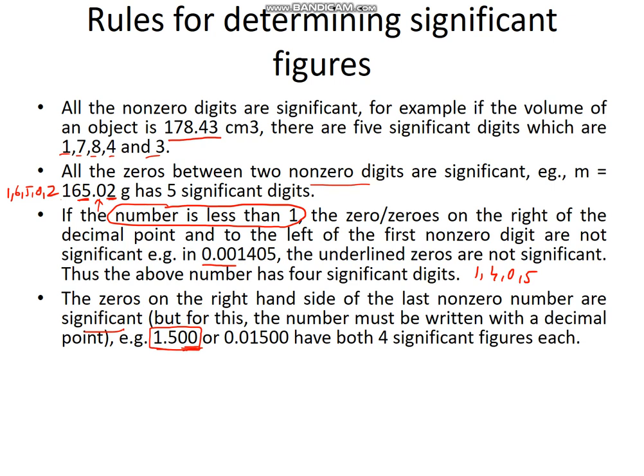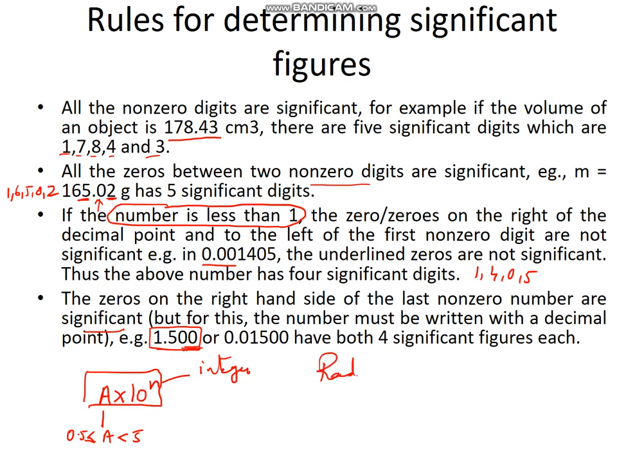Now this might lead to confusion, so to avoid this confusion, what we do is we use the standard format, and this format is a into 10 raised to n. So whatever the number is, you write it in this format. The value of a should be between 0.5 and 5, and everything else goes to the power raised to 10. Okay, so let us take one example.